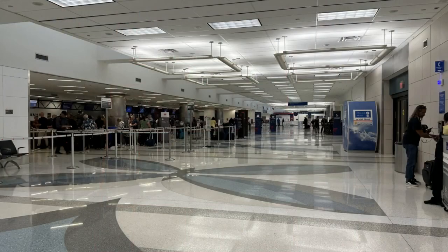Welcome to Fort Lauderdale International Airport on this beautiful January morning. I was very impressed with Terminal D at Fort Lauderdale where Delta operates. This is a stunning facility with so many nice amenities. The check-in and security process was nice and simple. I was checked in within 5 minutes and through security within another 10. Now that we're inside TSA, let's make our way over to gate D6 where we'll find our aircraft for today's